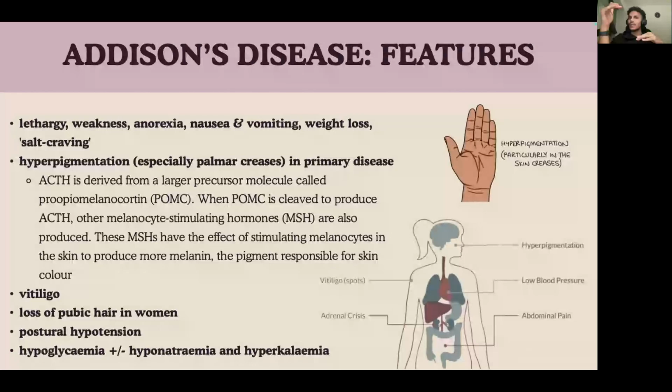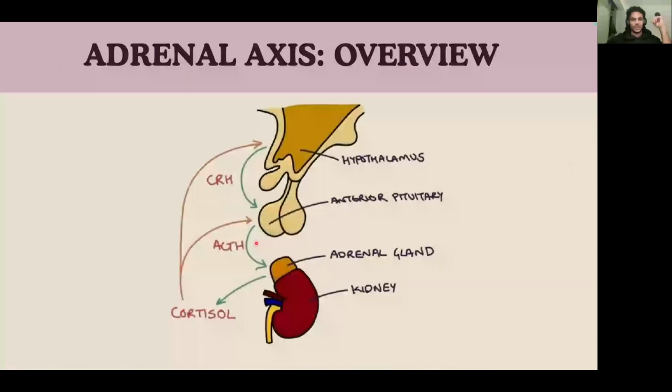Going back to our first slide here, your hypothalamus is producing CRH. That's making the pituitary produce ACTH, and that's producing cortisol, which provides negative feedback. However, there is no cortisol being produced here, so there's no negative feedback. So your hypothalamus is just producing more CRH, and that's just telling the pituitary to produce even more ACTH. Still no negative feedback, and then you end up in a cycle with aproper excess